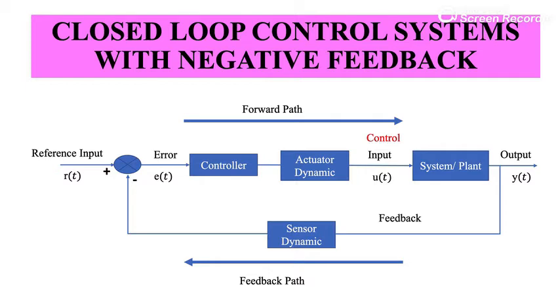Once again, it is all relative. If the actuator responds very fast when compared to the system dynamic characteristics, then one need not consider actuator dynamics. On the other hand, if the system responds in a matter of seconds and the actuator also responds in a matter of seconds, then one needs to consider actuator dynamics while modeling the entire closed loop system. So sensor dynamics and actuator dynamics become important when we design closed loop control systems for real world applications.